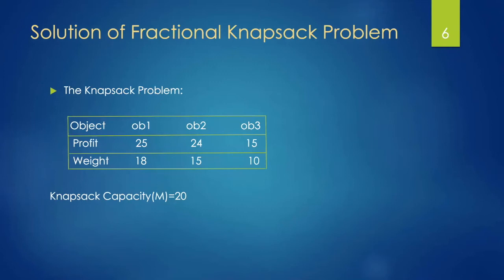Here is a solution of the knapsack problem. First of all, we can see a problem of knapsack. I use three objects with their profit and weight, and the capacity of the knapsack is 20. So we use three ways to get our optimal answer. The ways are: